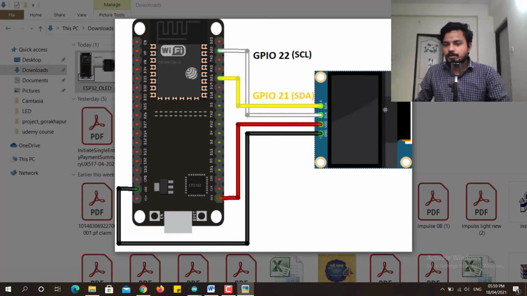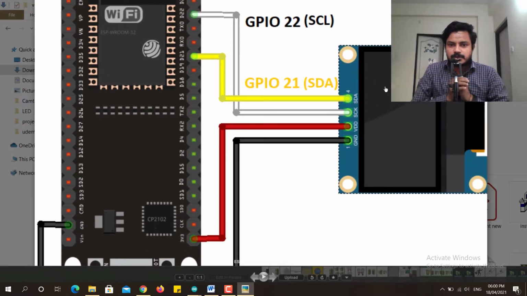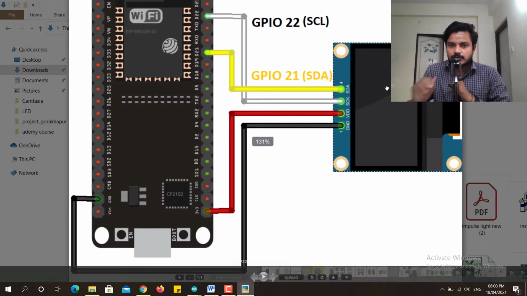Welcome back everyone. So first of all we'll see how to connect the OLED display with the ESP32 board. Here you can see the OLED display has 4 pins. 2 pins are basically for I2C communication, one is SDA and one is SCL, and the other 2 pins are one power terminal and one